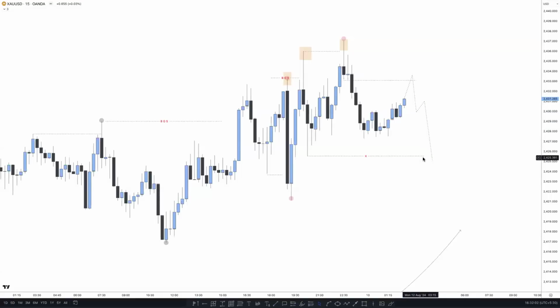Once the market takes out this one, then we can expect the market to go to a higher high, and the market is looking for the downside. So it totally depends on the situation. But right now, if the market goes up to mitigate this order block, then we are interested in the sell, and you also need lower time frame confirmation. If the market is not able to go higher, then you need to wait for it to take out this low here. Once the market takes out this one, then we are interested in the buy to the upside like this one. So this is the overall scenario.